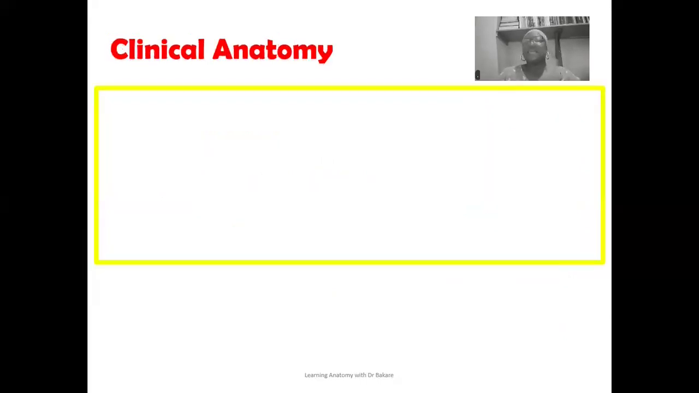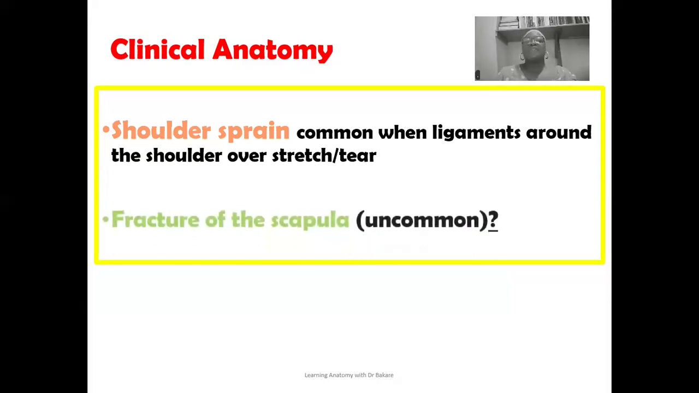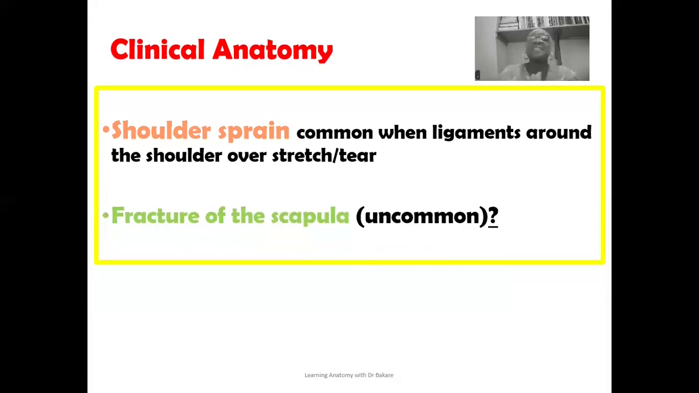So let's look at clinical anatomy. We have the shoulder sprain. Shoulder can sprain, and this occurs as a result of overstretched or torn ligaments around the shoulder joint. We also have fracture of the scapula. Fracture of the scapula is uncommon, and we've tried to explain the basis behind this. We say that the scapula is padded with a number of muscles. Remember when we described the different sub-regions of the scapula, we highlighted a number of muscles that are related to it. Even within the scapula itself as a structure, we have subscapularis, infraspinatus, and supraspinatus, helping to pad up this bone. And this is why the fracture of the scapula is